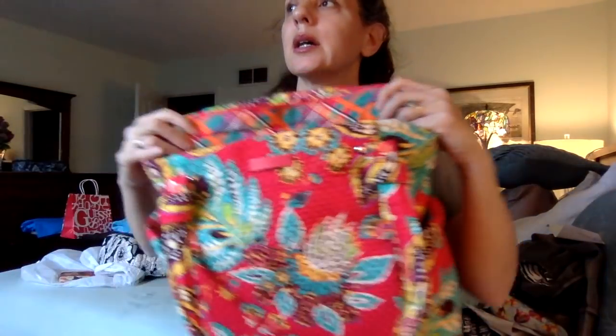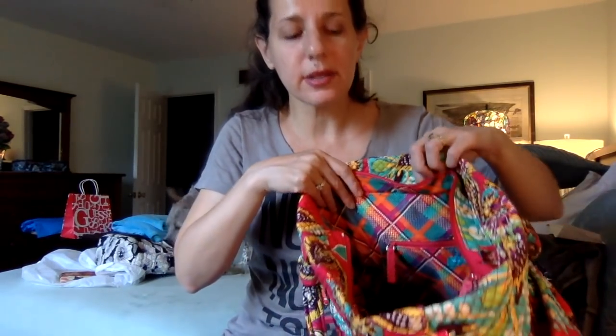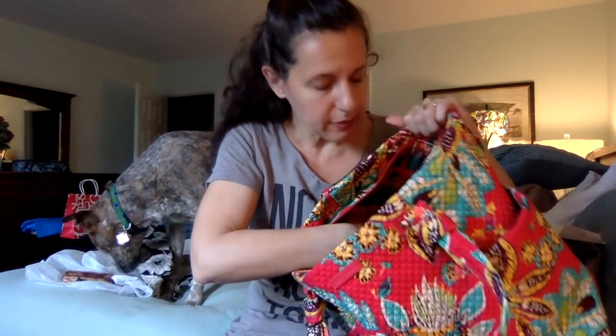And what I feel like with these cotton linings, although I don't mind the feel of the nylon, the cotton lining seems to stay closer to the outside wall of the bag. It doesn't feel as blousy inside the interior. I don't know whether it's tacked down in some way more than the nylon linings are, but I do find with the other Hadleys and other style bags with the nylon linings,